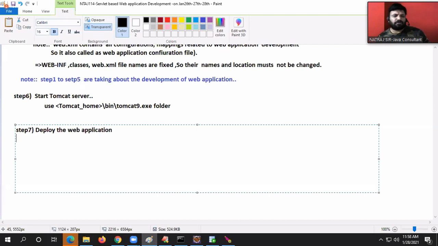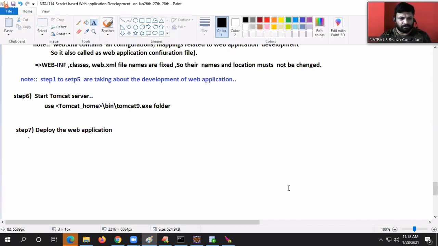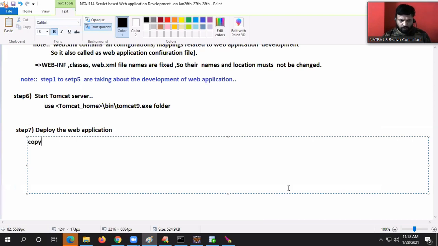Copy the webroot folder to Tomcat home slash web apps folder. Understanding my point there? Right. Not servlet, the entire web application you have to copy. Copy the g:/DataApp folder to Tomcat home slash web apps folder. Tomcat home means where Tomcat is installed is called Tomcat home. There we have to copy paste.